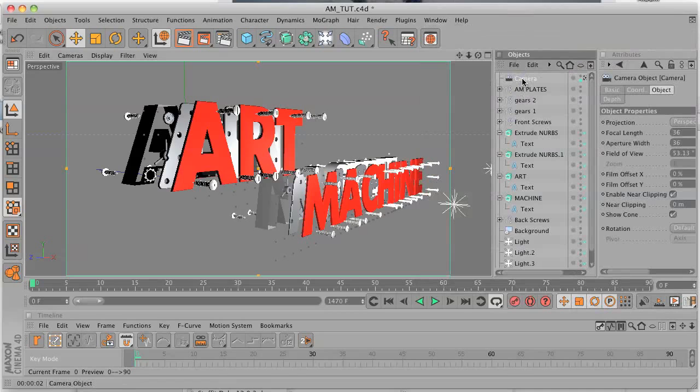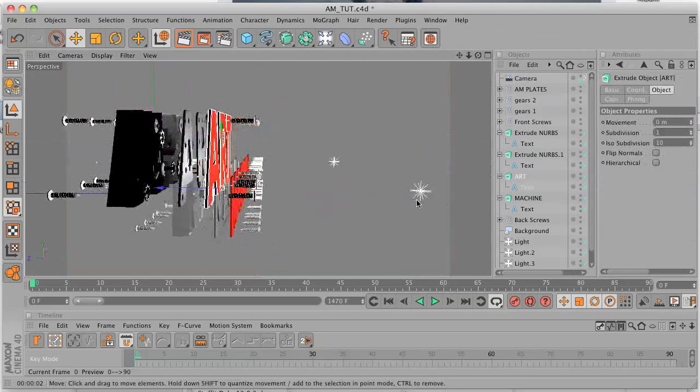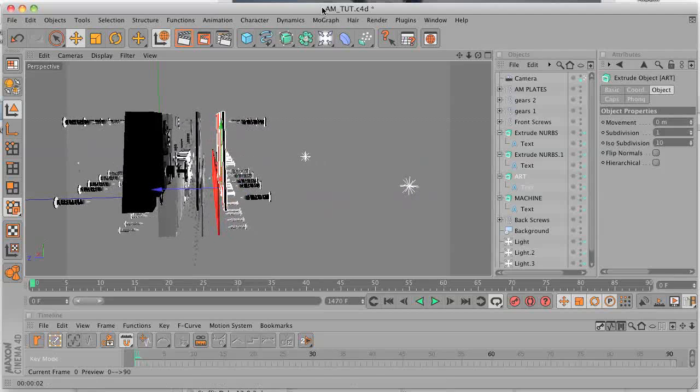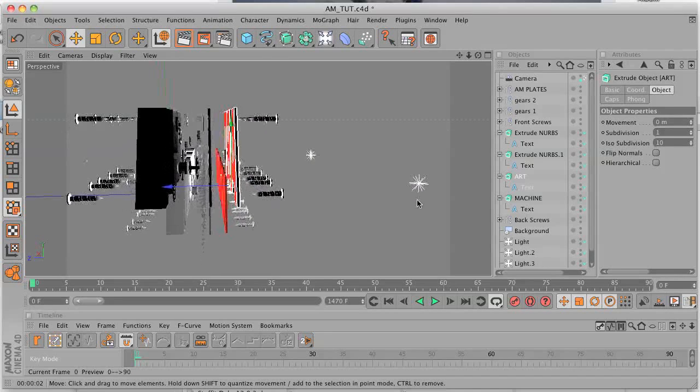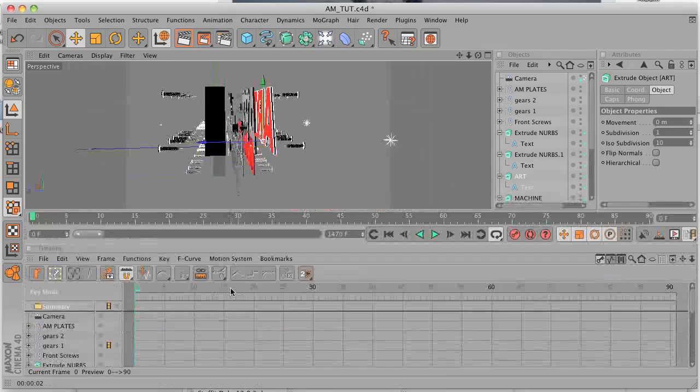And I put a camera in the scene. Grab our items and kind of squash them all together. But we do like the layout we have here, so we're going to